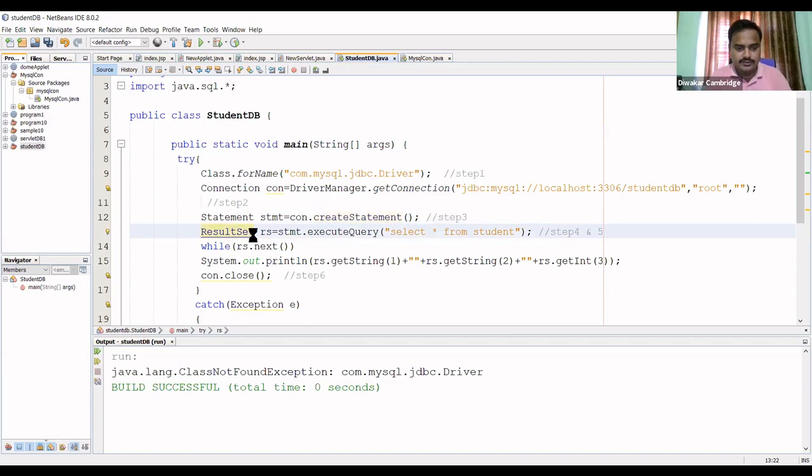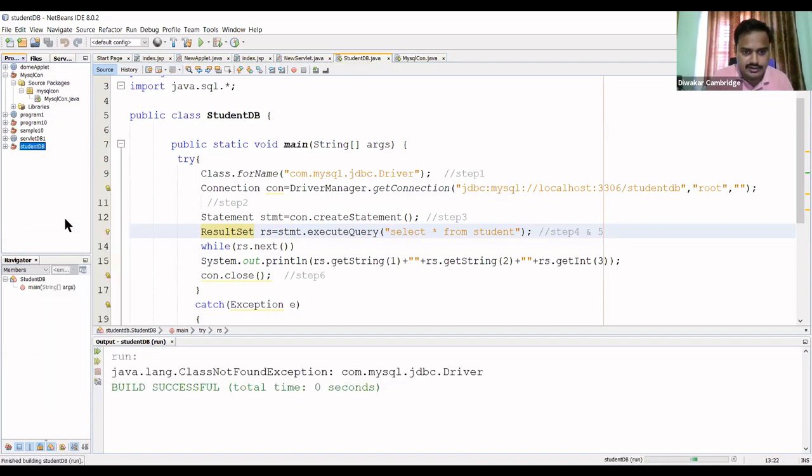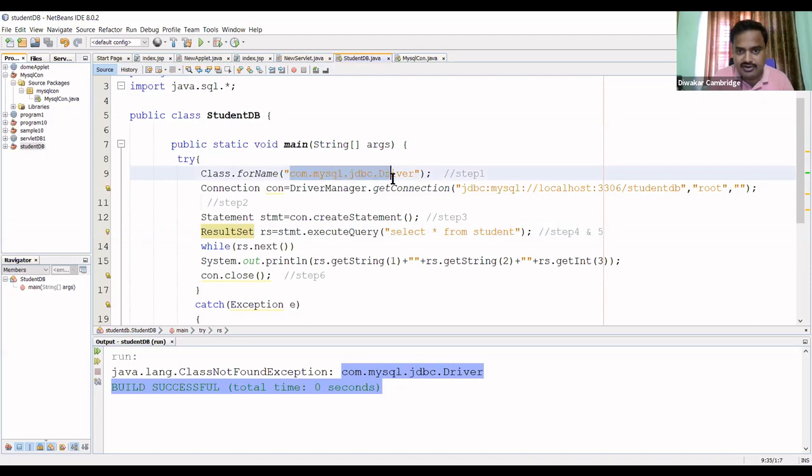After doing this, you save it and you execute, right? You run. See, you're going to get this exception here, class java.lang.ClassNotFoundException. That is, this particular com.mysql JDBC driver, right? So the driver not found exception you're going to get. After that, what you have to do is download and install this driver here.